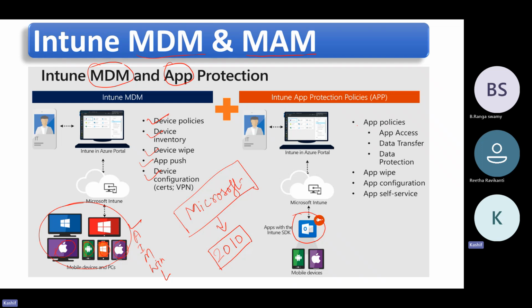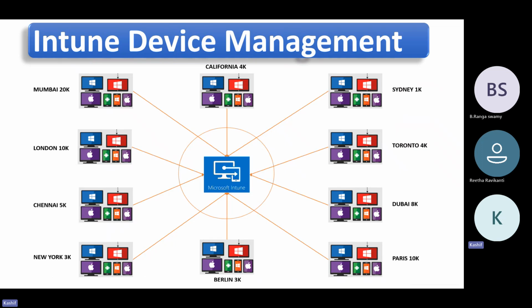Then you have app policies: app access, data transfer, data protection, app wipe, app configuration, app self-service. So these things you can do at the application level. Now, how does Intune manage devices all over the globe? This is like a high-level diagram wherein you see there are various locations. Let's say there is a company called ABC Private Limited. Now ABC Private Limited has, for example,